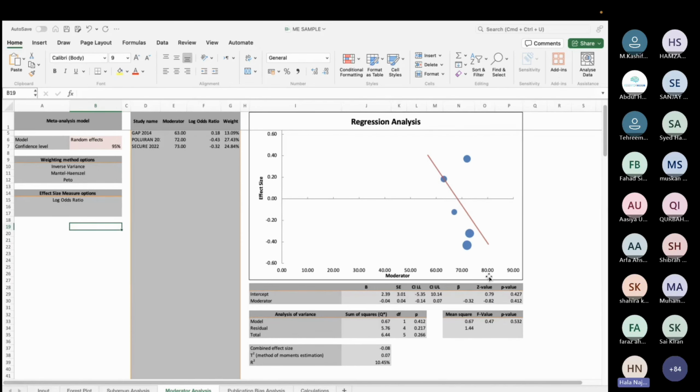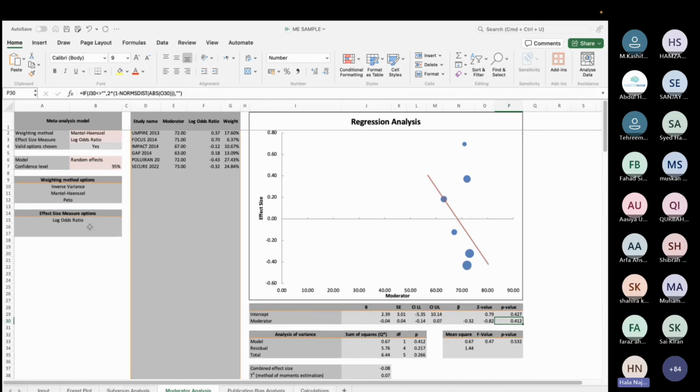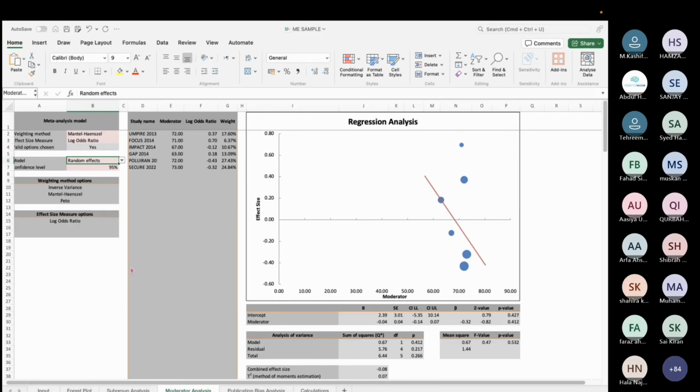Noman, I can only do it for age right now. It's going to take a lot of time. We have a lot to cover. You can do it yourself. Akmal, random and fixed effects is exactly what I told you yesterday. So we will always choose random here. Okay? Just don't choose anything. These are small things, guys. First learn how to interpret it.